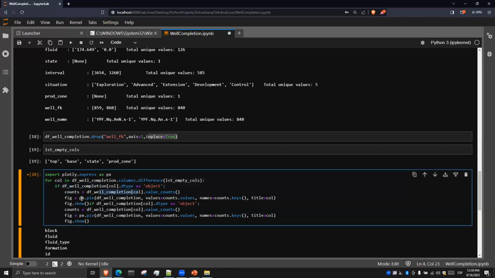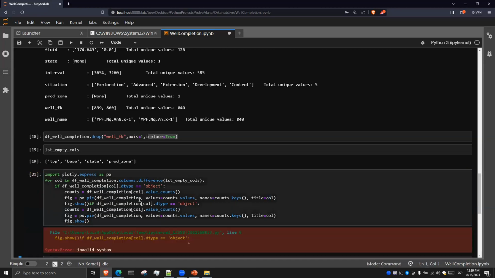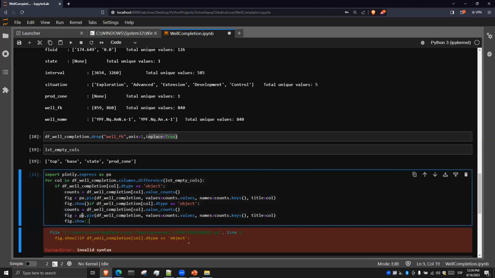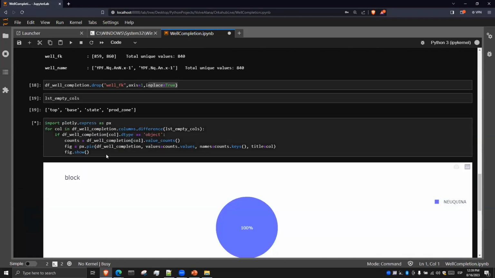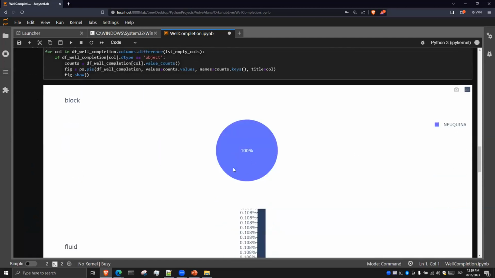And I'm going to use Plotly to make a pie plot that has those values and those names with its title, and I'm going to show it. I'm going to run it for you guys to see it. Oops, yes. I pasted this two times. There we go. It's running, and you can see that we have block,